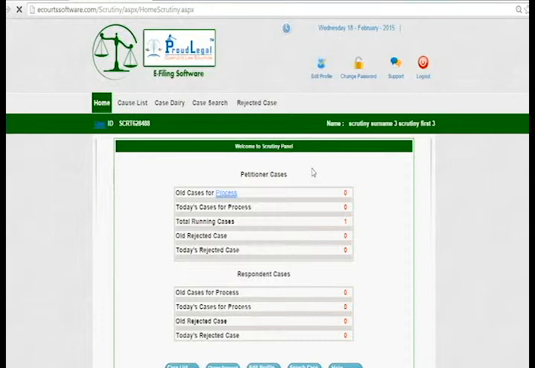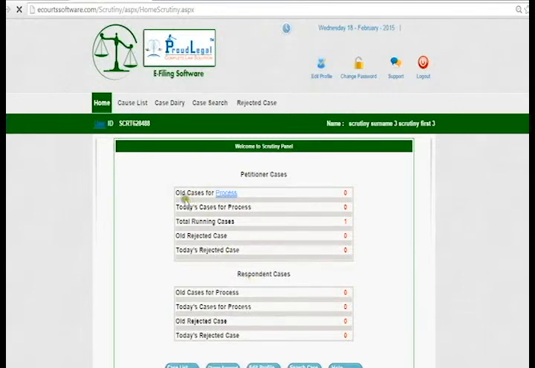If the case is pending for the Chief Judge panel, they can send the case from Chief Judge registrar to Chief Judge panel on the behalf of Scrutiny, but authorized from the registrar, right? So this is the work of the Scrutiny. So here in the Scrutiny panel, we can view all the cases of registrar panel. Okay, so as I told you earlier in our last videos, these are the petitioner and respondent cases.